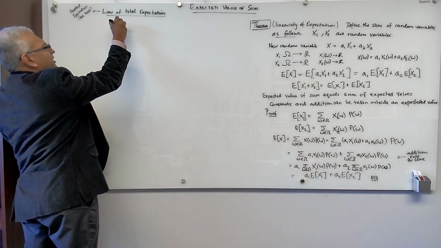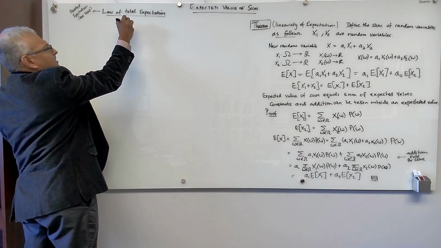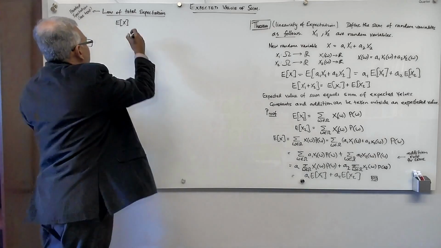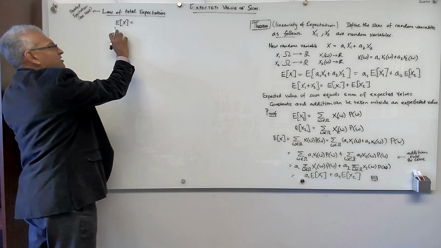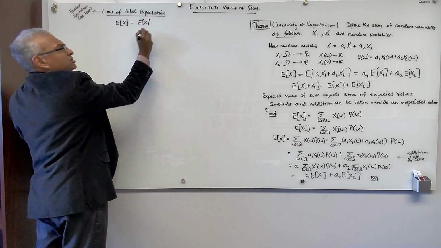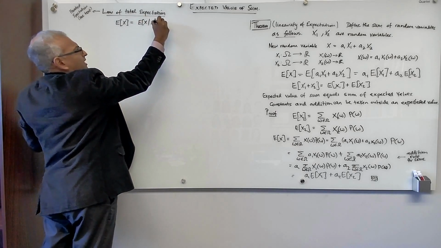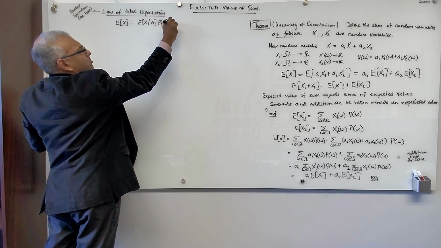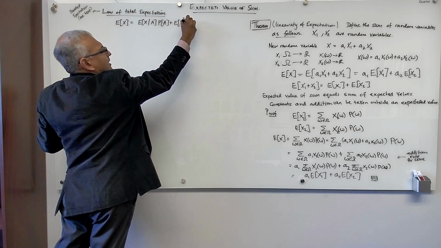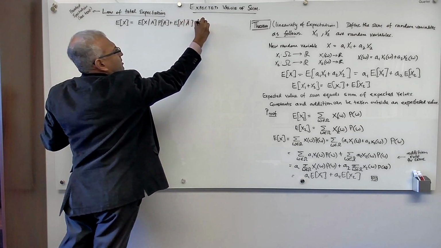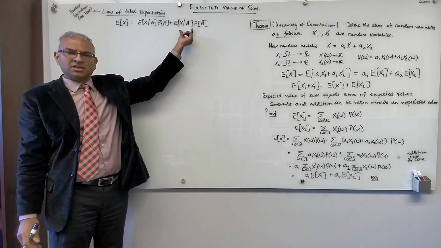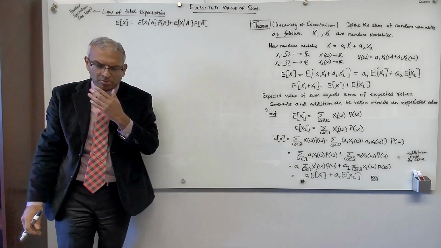You're computing the expected value of a random variable X, and you break it down into two cases, case A and case not A. It's kind of a case-by-case analysis. So the expected value of X is the expected value of X conditioned on being in case A, weighted by the probability of being in case A, plus the expected value of X conditioned on being in case not A, weighted by the probability of not A. So it's not just the sum of conditional expectations. You have to weight by the appropriate probabilities.